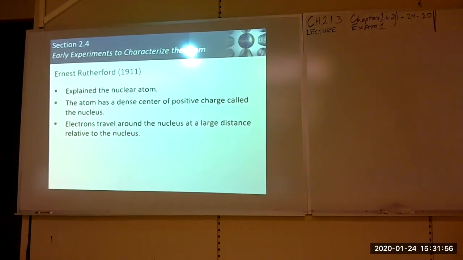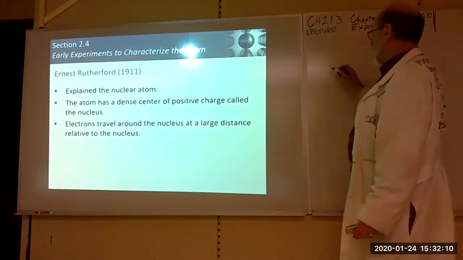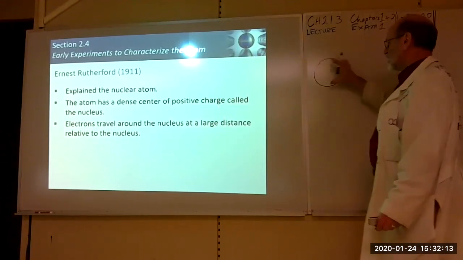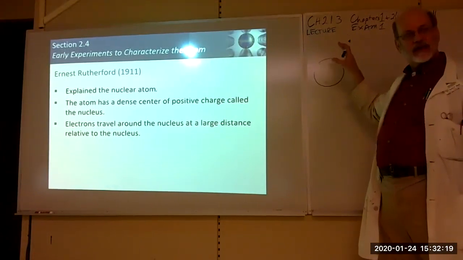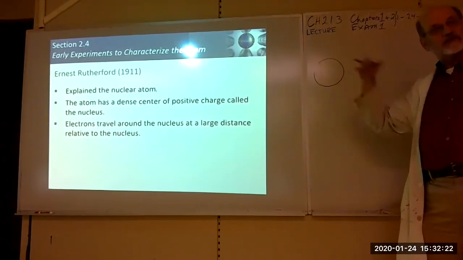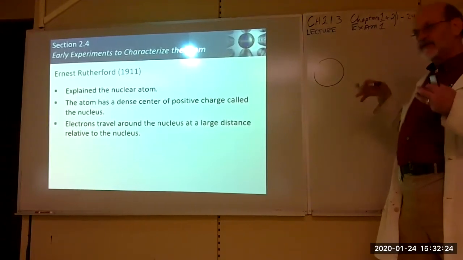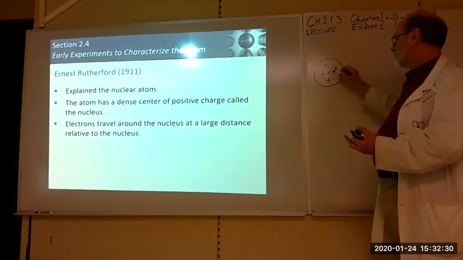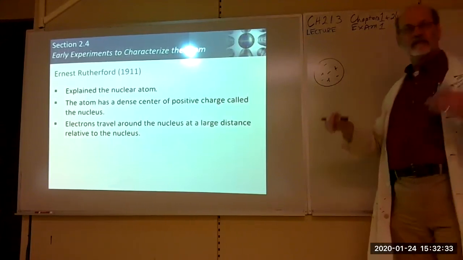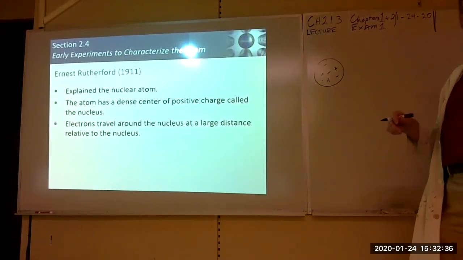So along comes Rutherford, Ernest Rutherford, who was an Englishman. And he postulated that there were various theories floating around. And one of them that was common, by this time they knew that the atom, the neutral atom, of course, had a mixture of positive and negative charges. And they were equal. The same number of positives as negatives, that's why it was neutral. So one model said that they're all scattered in there together in the atom, like we call it the plum pudding